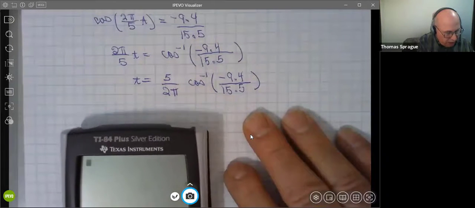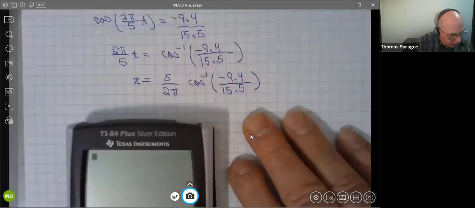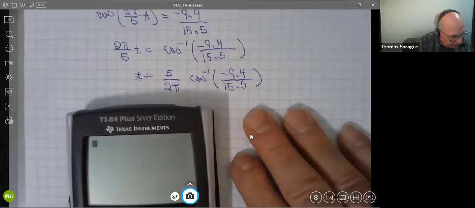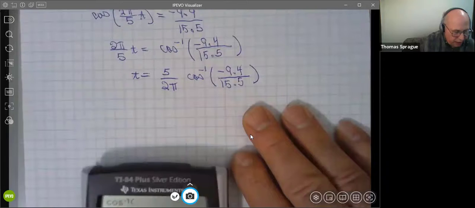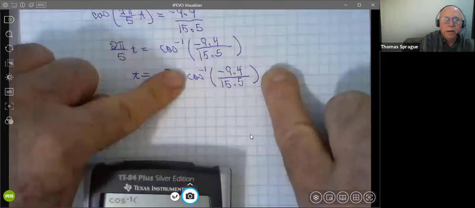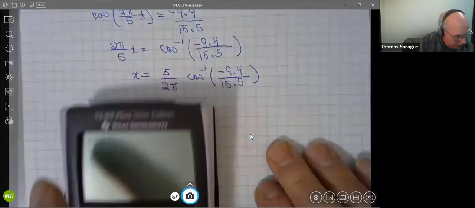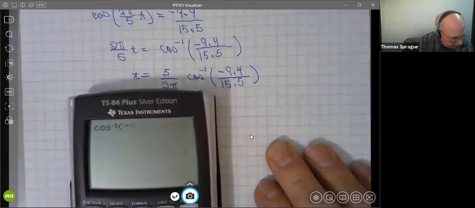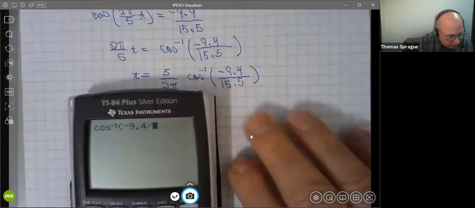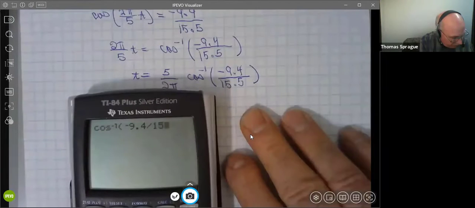So I think it might be actually easier to do this in 2 steps. So I'm going to take the inverse cosine. I'm just working on this much right here for now. Inverse cosine of minus 9.4 divided by 15.5. And that gives me